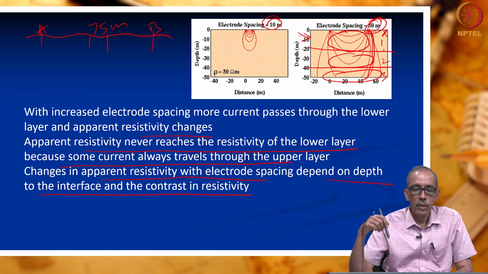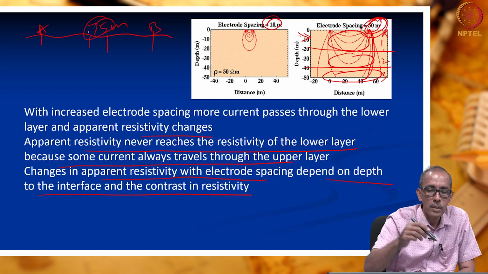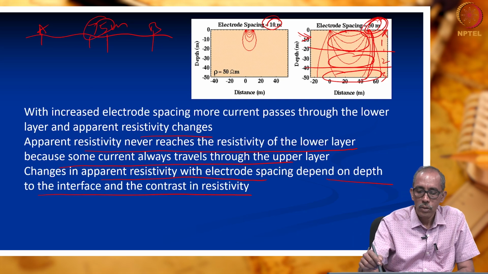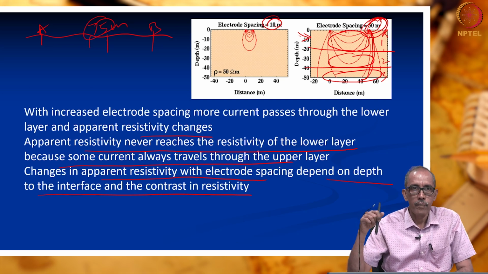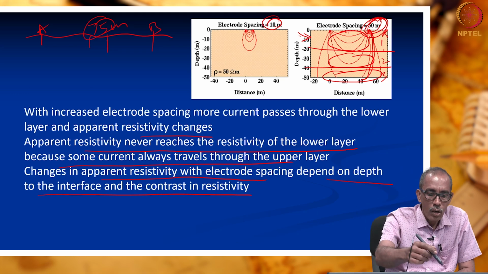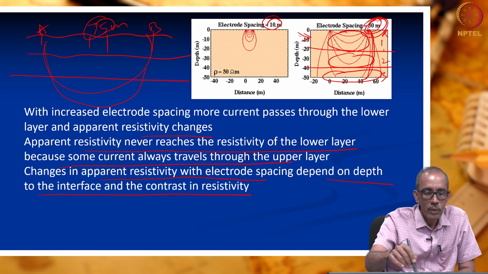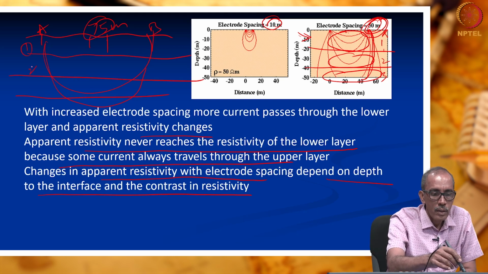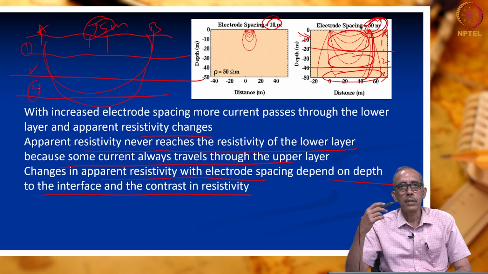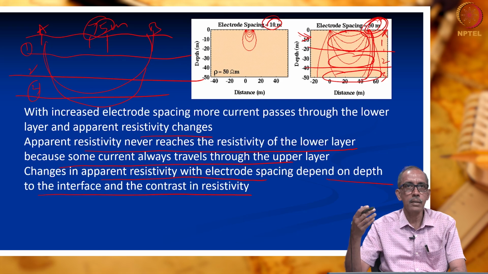So, the apparent resistivity which we got previously, we kept at 10, at 50, now we are keeping the electrodes at 75 meters. When you keep the electrodes at this distance, the apparent resistivity which we measure depends on the depth of penetration of current as well as the true resistivity difference between the layers. This is layer 1, layer 2, layer 3. So, the value which we get depends on the spacing and also the contrast between the true resistivities of the layers present below the surface.